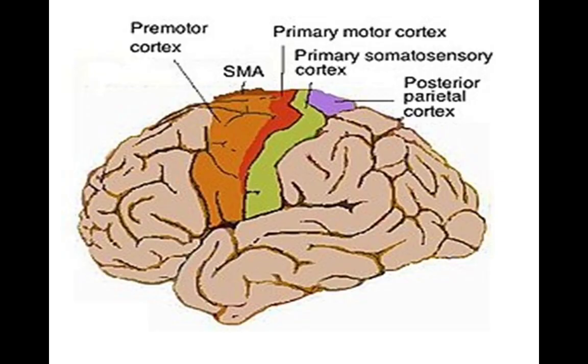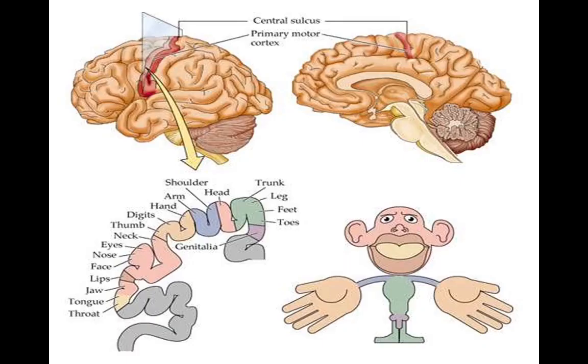The heart, the lungs. Okay. So these are areas that we have already discussed. I'm not going there. And one more thing which I want to say is about the primary cortex.